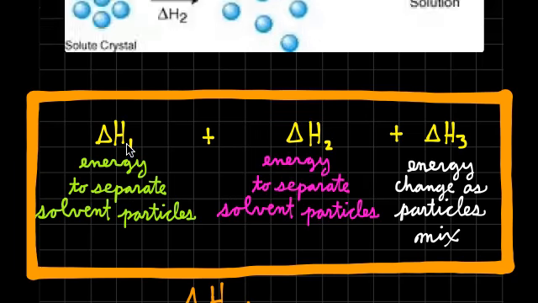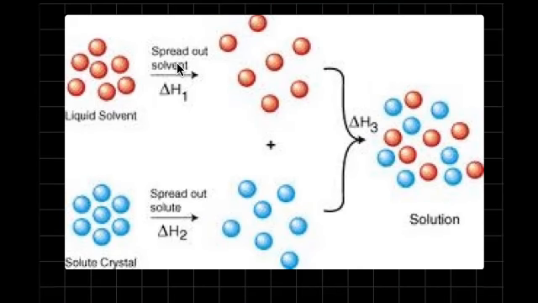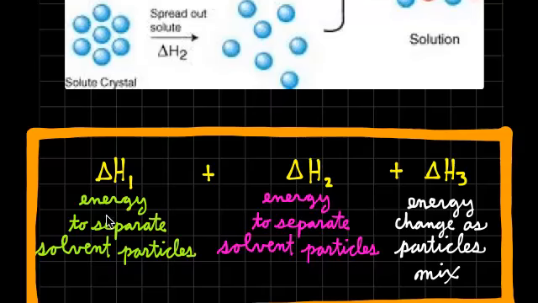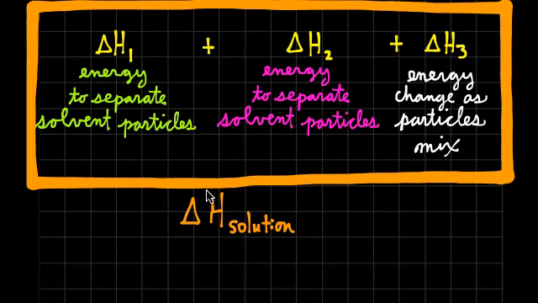Okay, let's see, how is it listed up here? Here I have the solvent particles as H1, the solute particles as H2, so I need to change this to solute, and I will do that before I put the PDF online, darn it. So, all right, this is the solvent particle separation, the solute particle separation, and then when these two separated mixtures